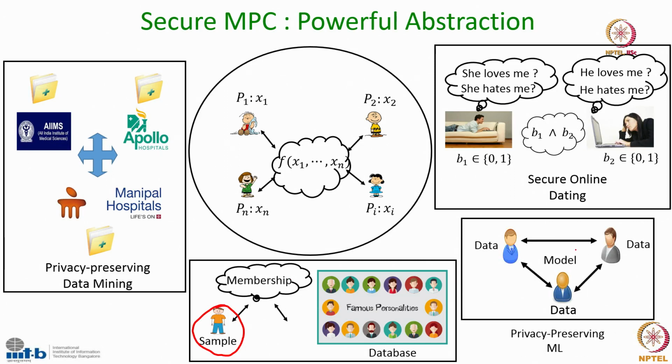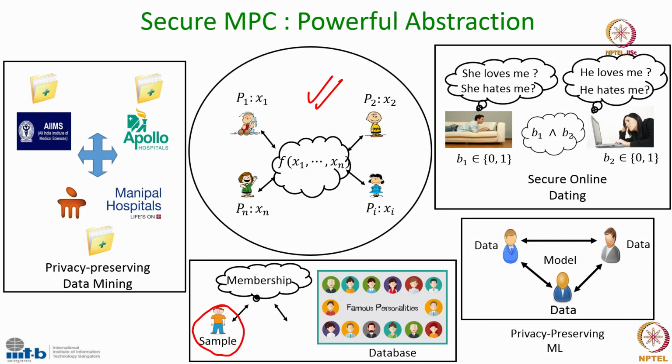Or we can have a scenario where we have big data owners, tech giants, who would like to collaborate to construct a machine learning model, but in a privacy preserving fashion, in the sense that the data held by the individual data owner should not be leaked to the other data owners. So, all these problems can be abstracted by